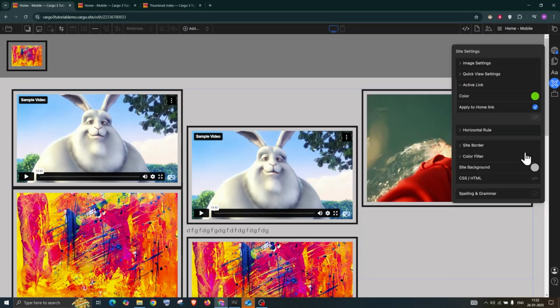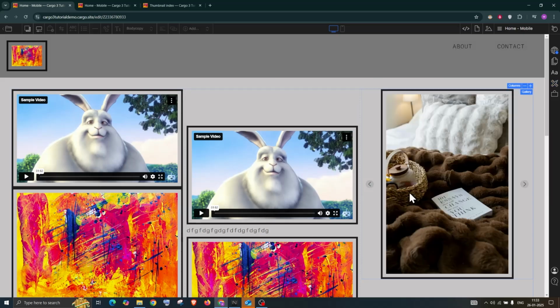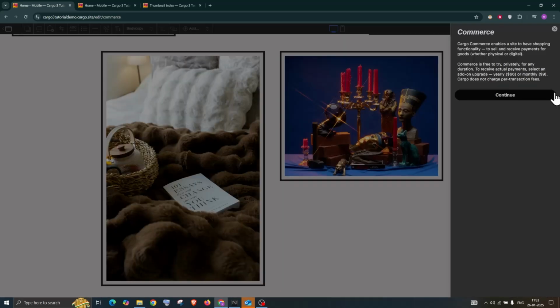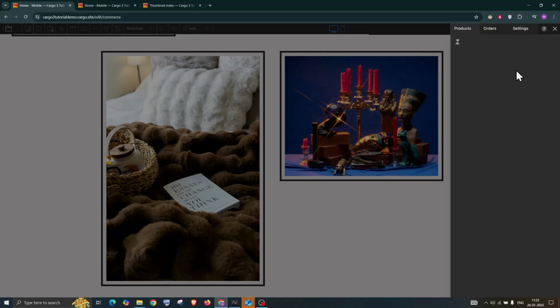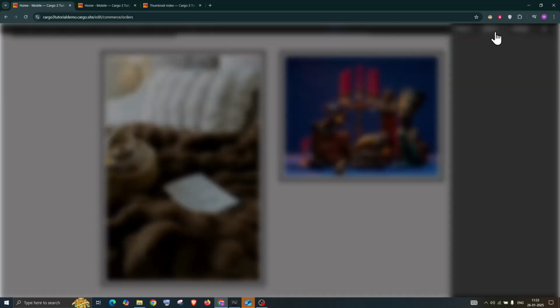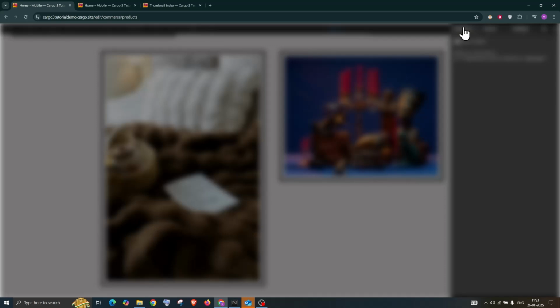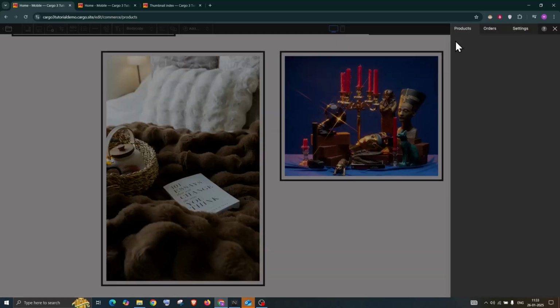I guess I have covered all the settings, and now you have all the knowledge. Apart from this, if you want to add commerce, you can enable it from here. Let me just showcase how you can add a product here as well. Simply go in the product section, add a new product from here,